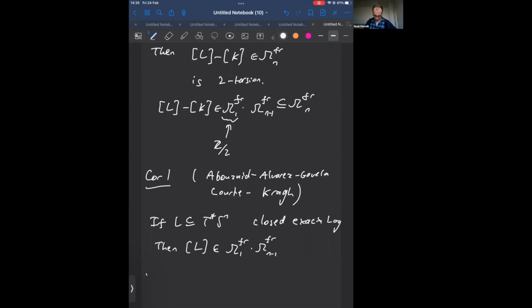And in particular, if n equals 8, then L is diffeomorphic to